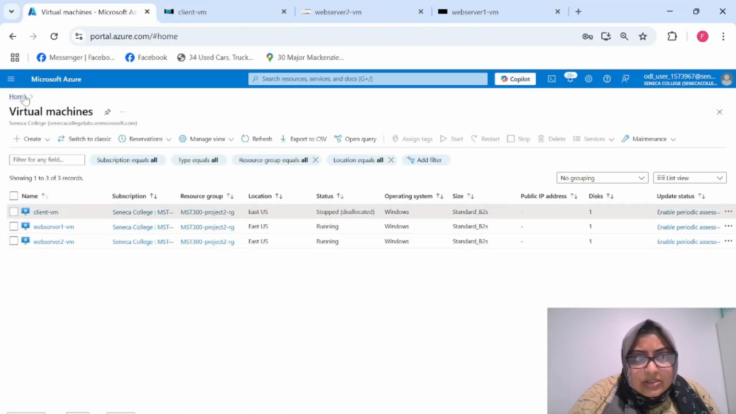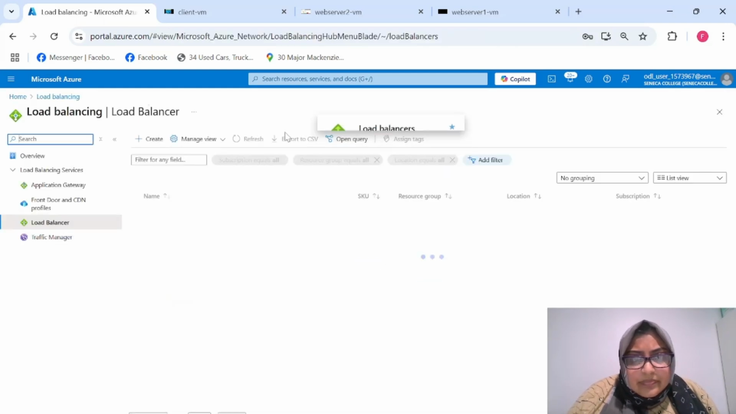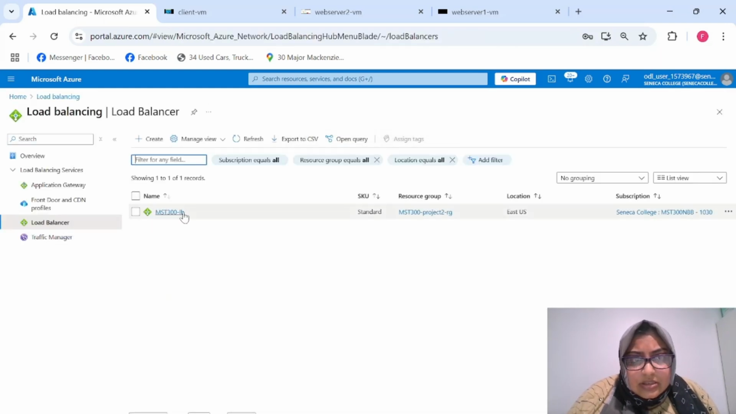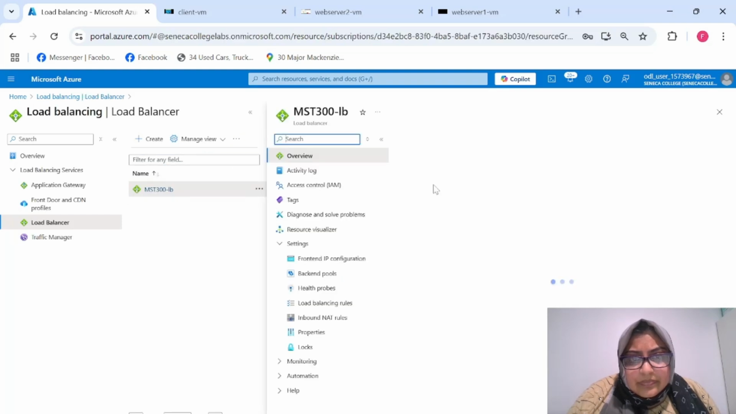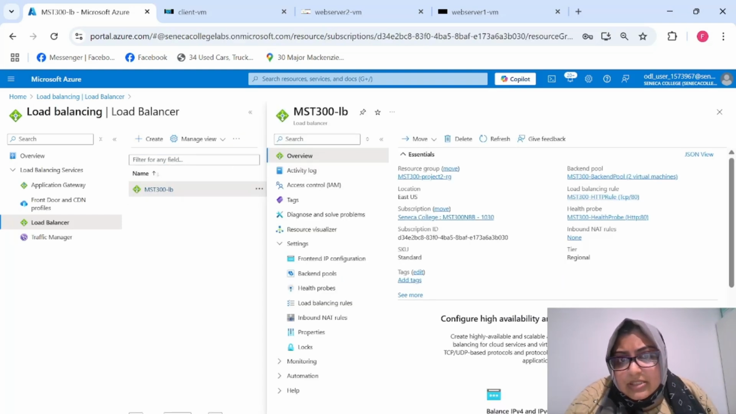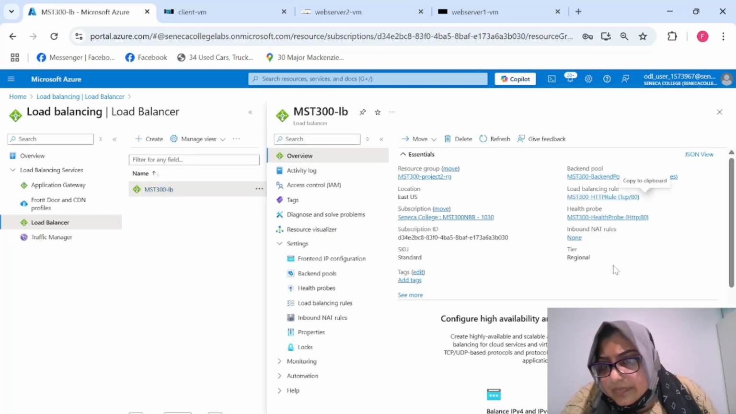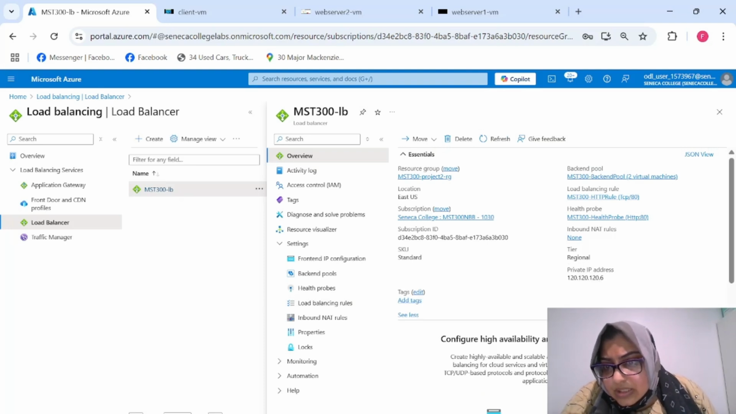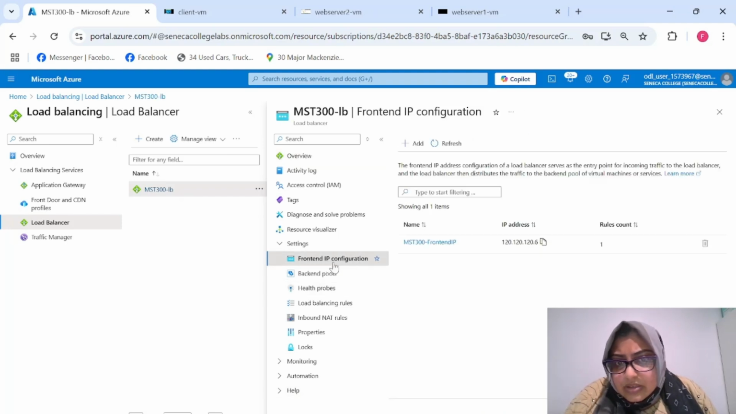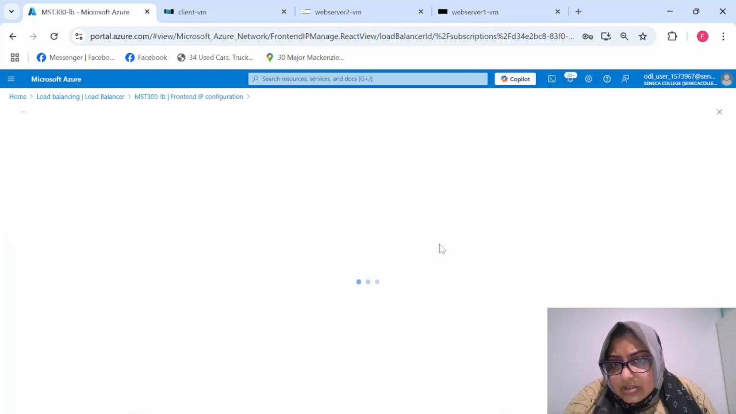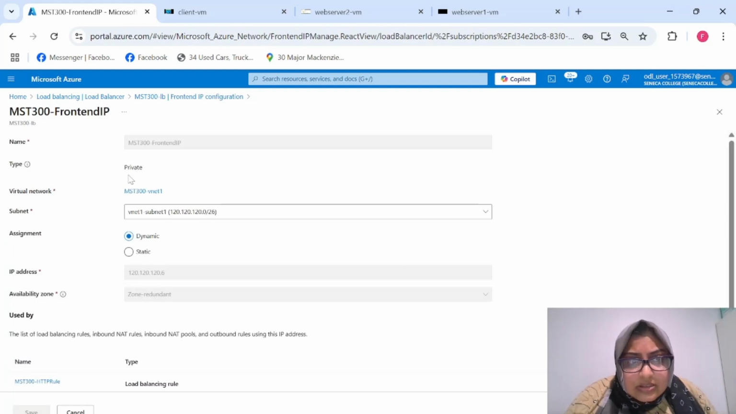The load balancer. Okay, this is the load balancer, LB. And this is the load balancer ID, 120.120.120.6, and the front end IP configuration of the load balancer. Name, subnet,